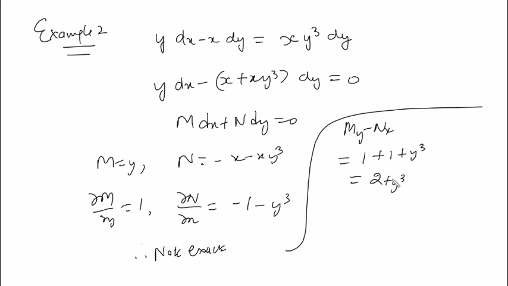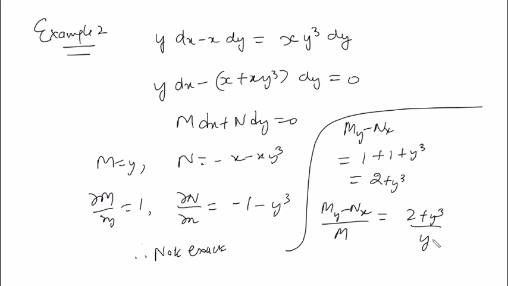And now I need to think whether I should divide with M or N. It's not that you can only try one; you can try one, and if it doesn't work, go to the other. But you can make a clever decision beforehand. Like M, as you can see, is y. It's a function of y only, right? M is just y. So if I divide this, My minus Nx, by M, you will get this purely a function of y.